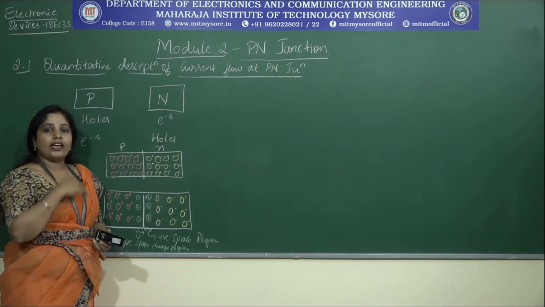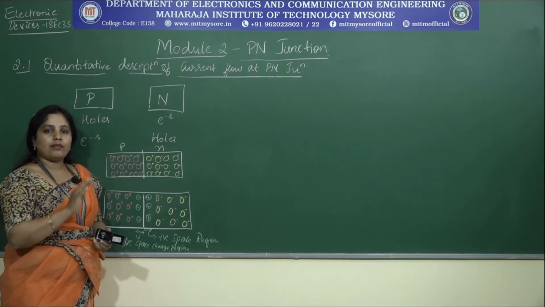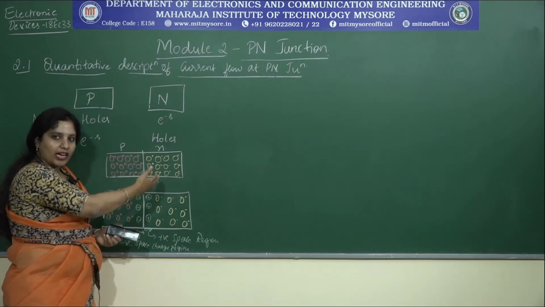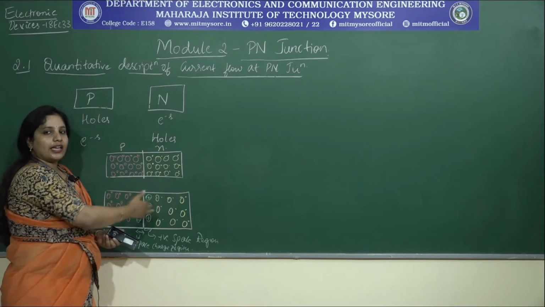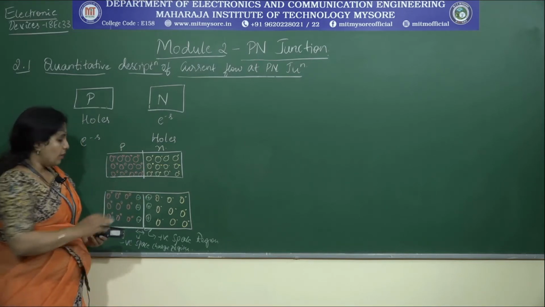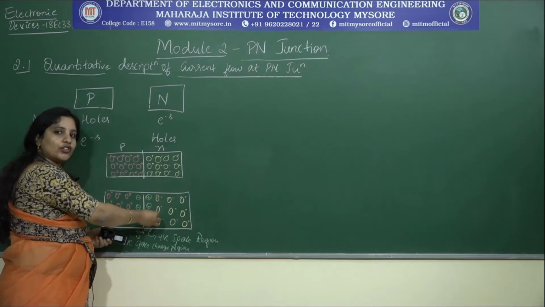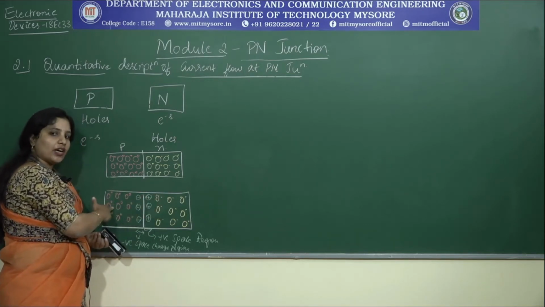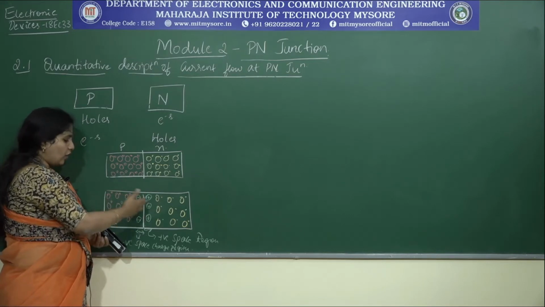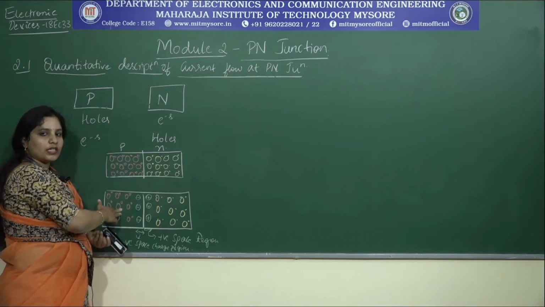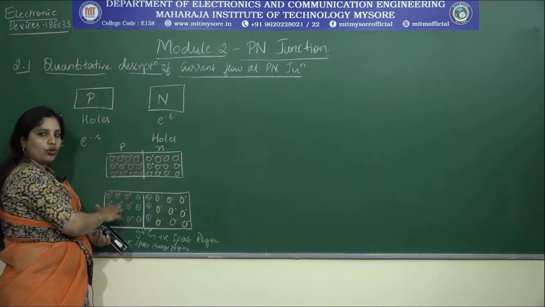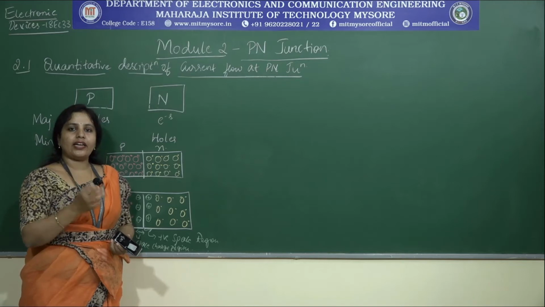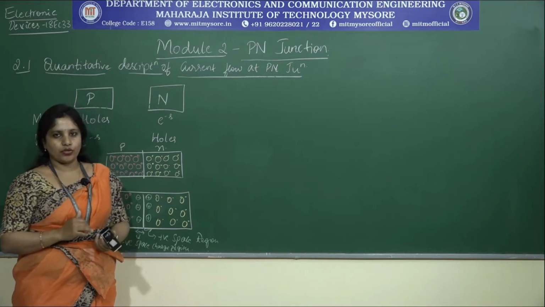I am not saying that it gets nullified, but instead I am saying that it gets reduced. The rate at which it was happening here was at a high speed, whereas here it is getting reduced. But still, there are certain electrons which gain enough energy to overcome this repulsion and get attracted towards, or try to occupy the holes which are present in the p-type, or get diffused into the p-type material. So it is not completely nullified. The rate at which the diffusion happens gets reduced.